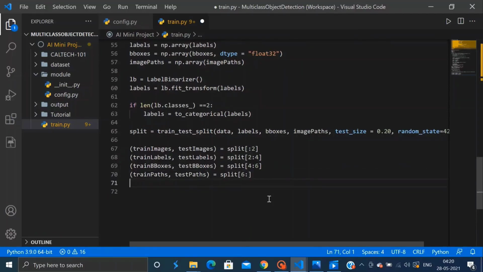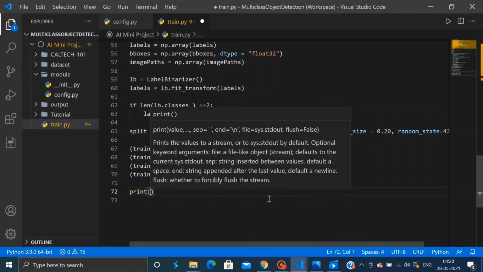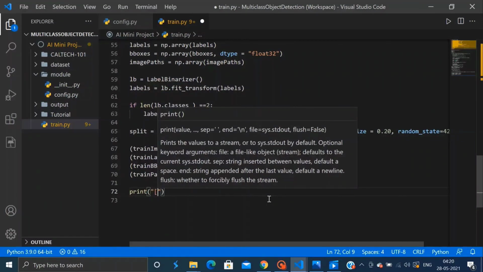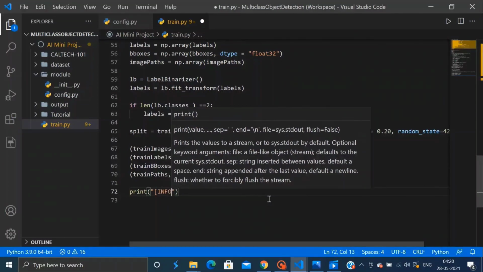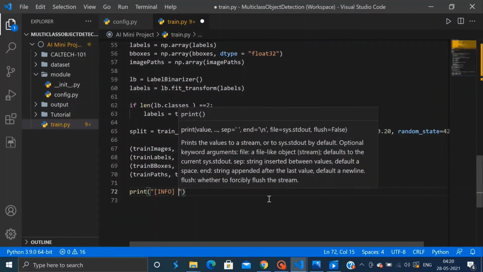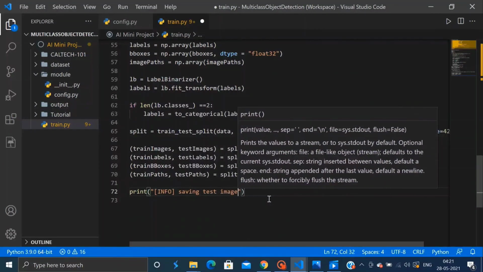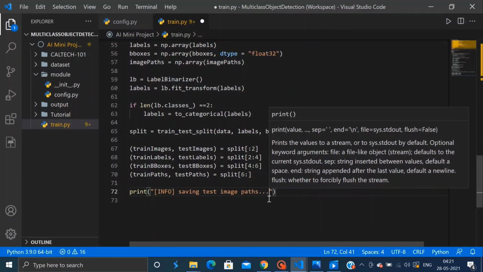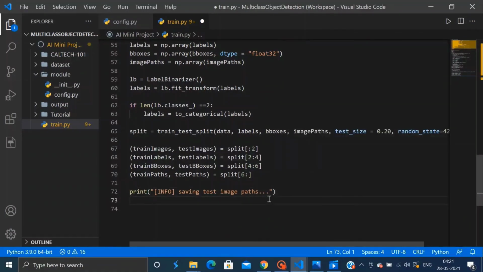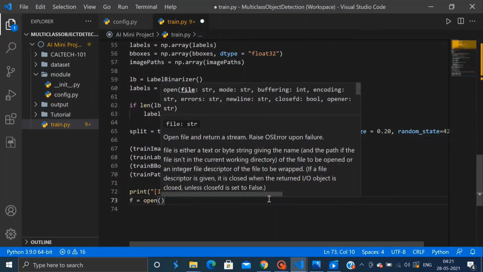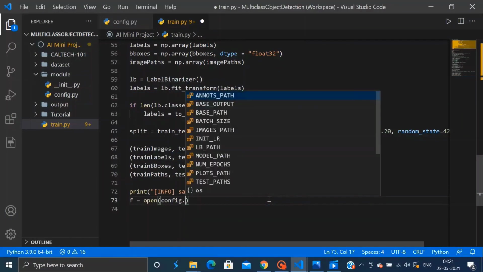So we will be using our testing image paths in our prediction script for the evaluation purposes. So for this, let us export them to the disk in a text file that we can use later on. So before this, let's print a statement that says saving testing image paths for our reference. Then we will go on to export this test paths into a text file.